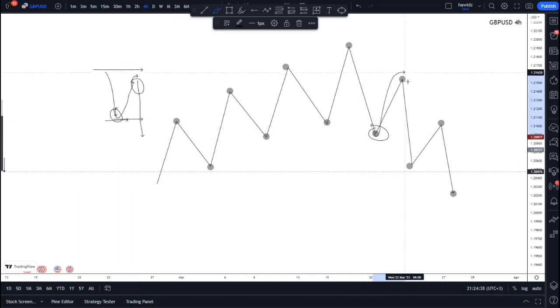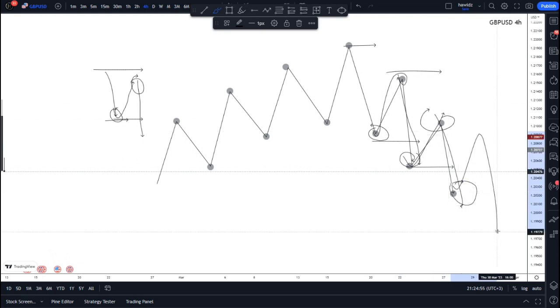Weak low that fails to come out and take out this high and then gets taken out over time, right? Creates another weak low that fails to break the structural high and then gets taken out over time, right there, right? Another weak low, and we expect the same thing to happen. And in the case of strong highs and strong lows, we know that in a bullish market, the market is